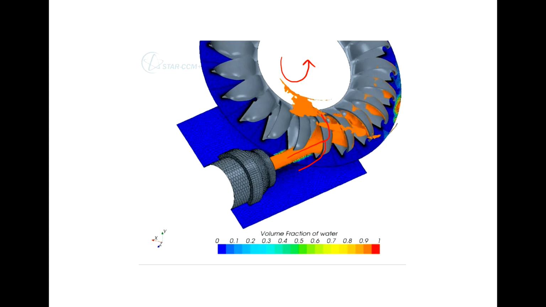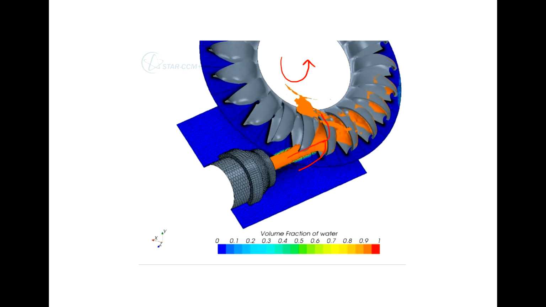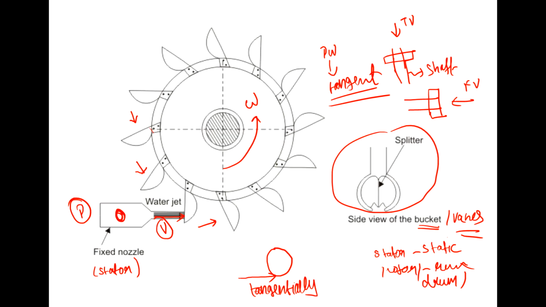So the basic principle is very simple. Here I will be having an enormous amount of pressure energy. I will be using a nozzle and convert that pressure energy into kinetic energy. With the high kinetic energy, the fluid hits this, and the momentum gets exchanged from this high kinetic energy fluid to the Pelton wheel vane, and this starts to rotate at an angular velocity omega. It is entering tangentially, so it is a tangential flow turbine.